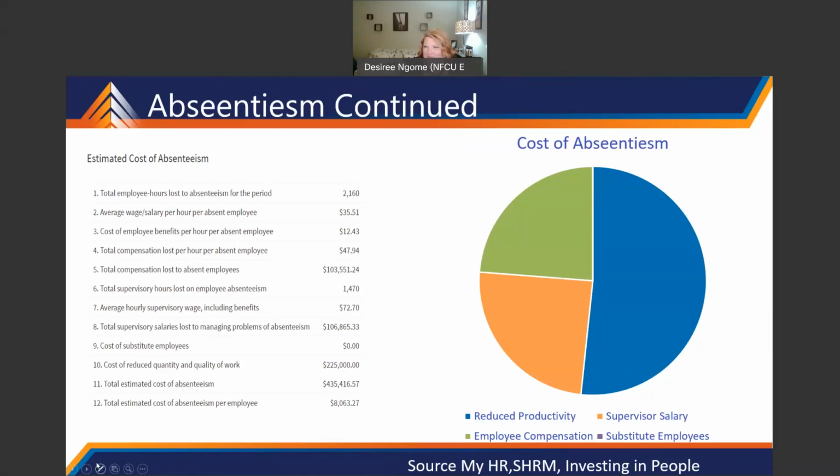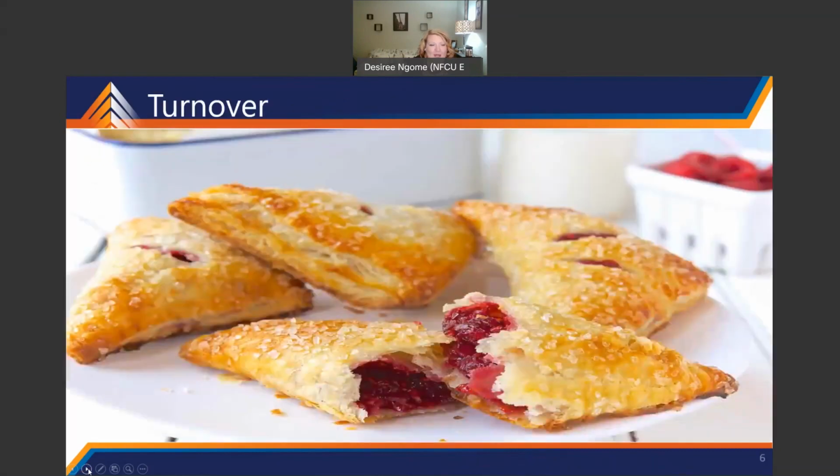I always say knowledge is power, right? So I'm giving you some knowledge, and your heart might be pumping a little bit right now. Let's take a look at another one of learning and development's areas of opportunity: employee turnover. Excuse the pun here, but I thought a little levity was needed before we dive into the nitty-gritty of